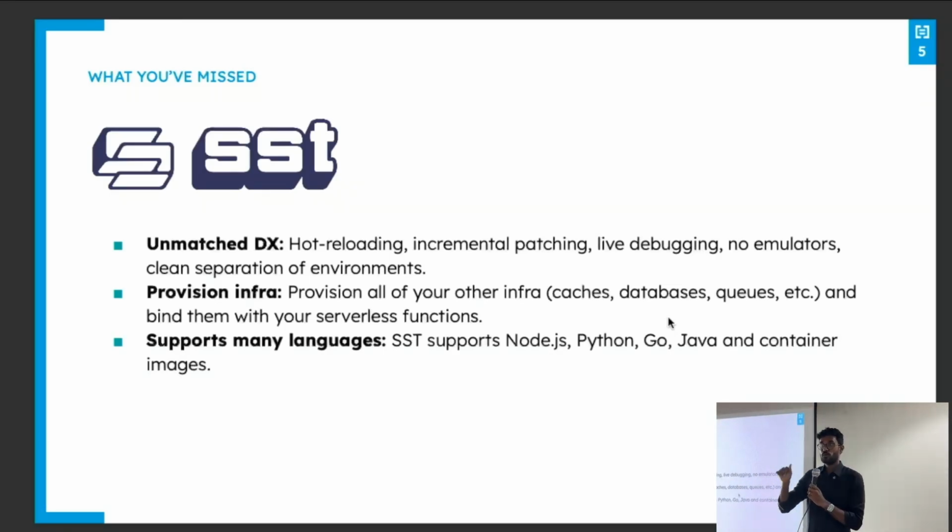So the demo that we're going to do for SST is using a slightly older version. They've actually improved it recently in the last 2 months. They've rewritten the core framework to use Pulumi instead of CDK. Pulumi is a framework that's very similar to Terraform in a lot of ways, but it lets you provision infra faster. One of the bottlenecks in SST and Terraform and most frameworks is they depend on CloudFormation when it comes to AWS. And CloudFormation is always slow, especially when your stack grows and there's a lot of application. They've improved that. We'll probably look at that in a future session, but for now, SST is still pretty good.